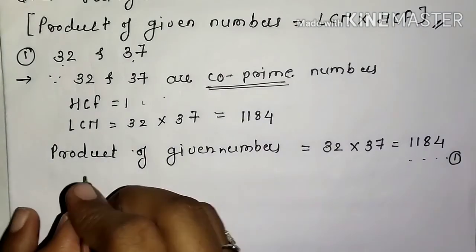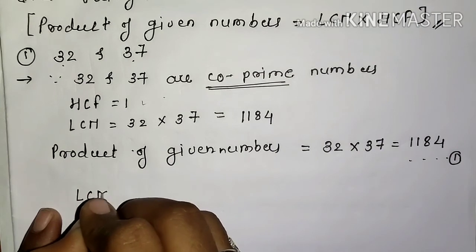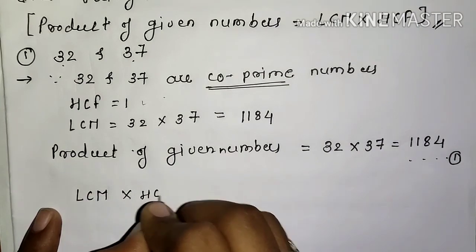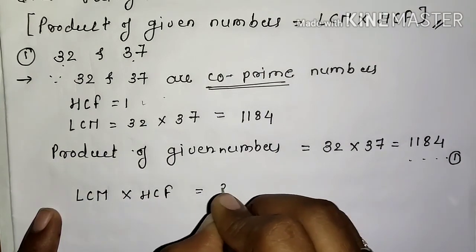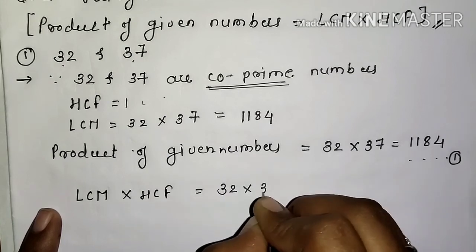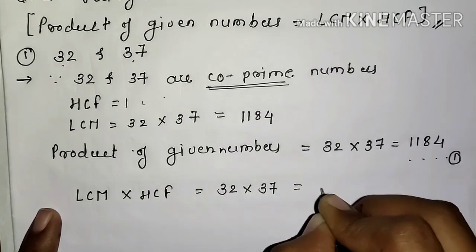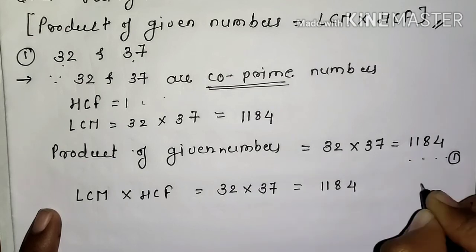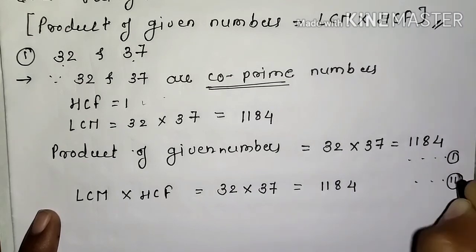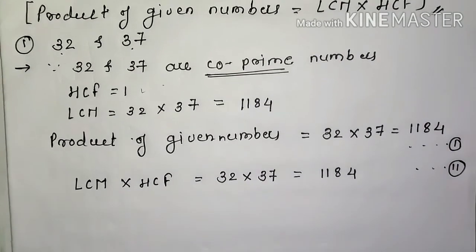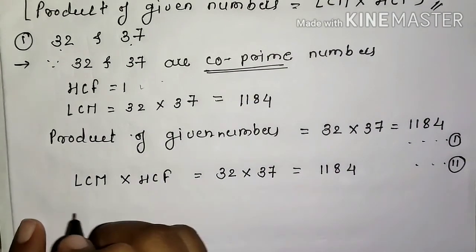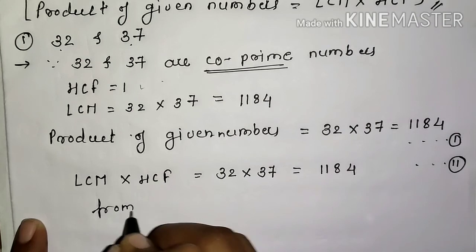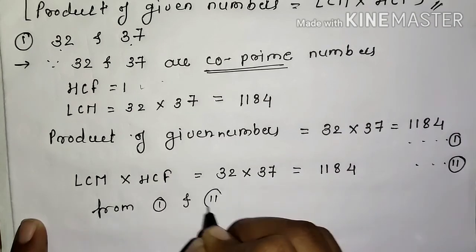Next, find the multiplication of LCM and HCF, which is equal to 32 multiplied by 37. Again, it is equal to 1184. Give it equation number 2. So from 1 and 2, what do you get? Property verified. So from 1 and 2, we get that